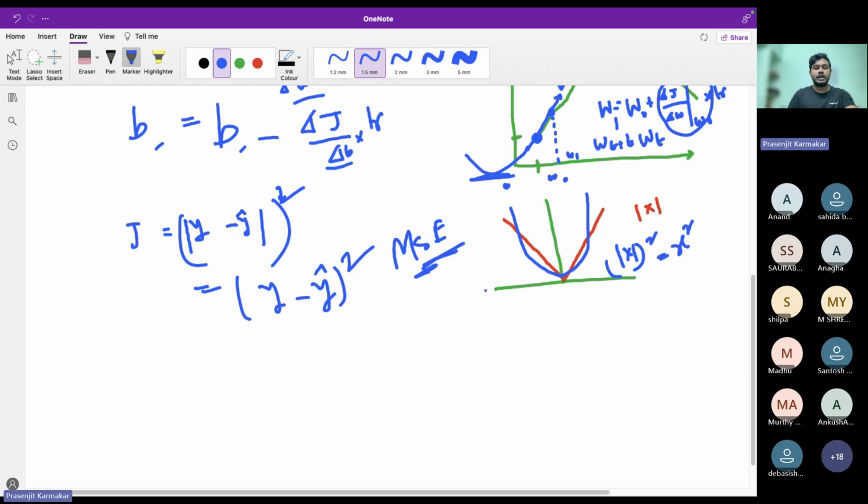Now let's compute delta J by delta omega. We are trying to do the chain rule, so let's go ahead and do it step by step. y is a constant, y we cannot change, right? It's the true data. So y cap is the variable, so we can differentiate with respect to y cap, and y cap